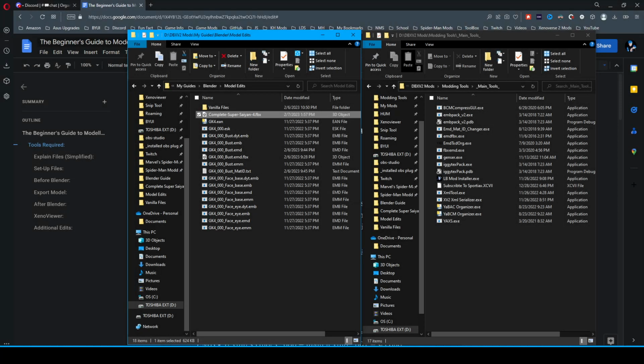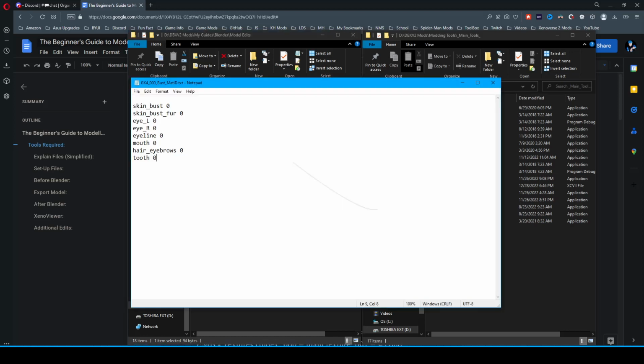Alright, so then once you return to your model edit folder, you'll see here that you have a new FBX file. I'm just going to take this FBX file over to the FBX EMD, and then if you did it correctly, you'll overwrite one EMD file. So you'll see here mine was overwritten. One thing I want to mention here is, like I said before, your material ID list defaults to 0.